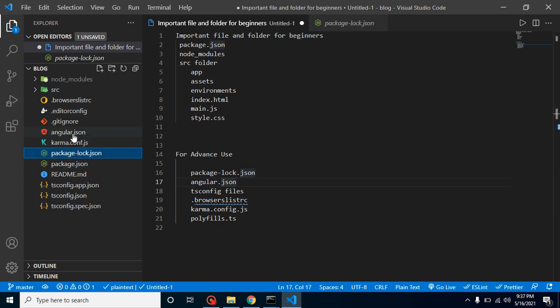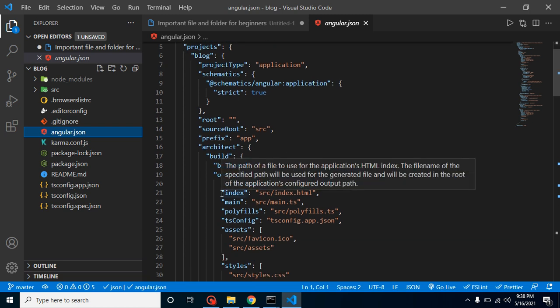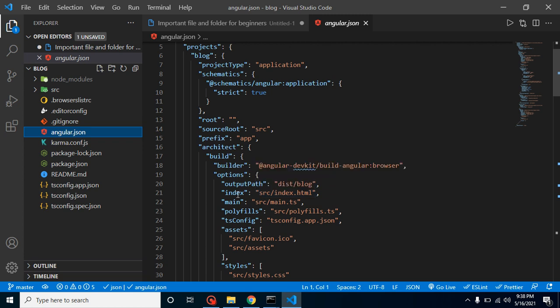So let's see how you can do it here. There are lots of things, we cannot discuss everything in this video, but here you can see that if you want to change the index file, then you can change it here. So let's say you create an abc file and you want to make it the main HTML file, then you can define it here. You can define your main CSS file here. Polyfill and TypeScript configuration are just being picked from that file, but if you want to change that file, then you can change the file name from here and update it here also, right? So angular.json is basically used for your application configuration for folders and files and all.